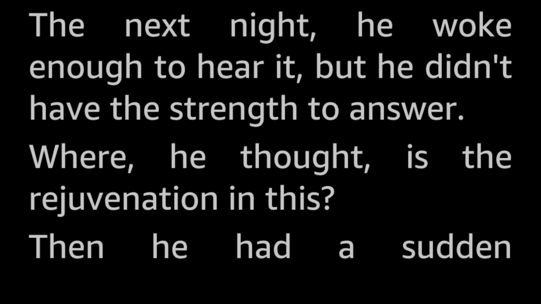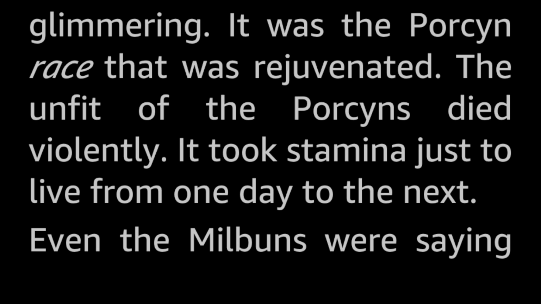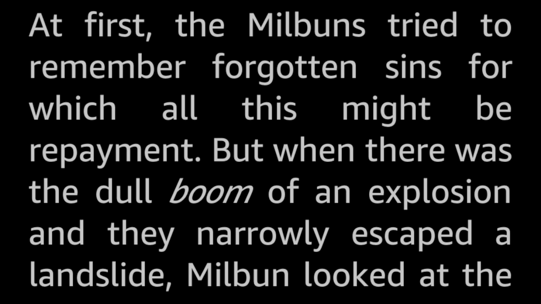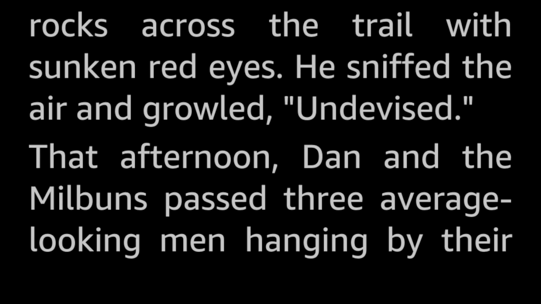Where, he thought, is the rejuvenation in this? Then he had a sudden glimmering. It was the Porcyn race that was rejuvenated. The unfit of the Porcyons died violently. It took stamina just to live from one day to the next. Even the Milburns were saying that this was the worst vacation ever. Trails slid out from under them, trees fell toward them, boulders bounded down steep slopes at them. At first, the Milburns tried to remember forgotten sins for which all this might be repayment. But when there was the dull boom of an explosion, and they narrowly escaped a landslide, Milburn looked at the rocks across the trail with sunken red eyes. He sniffed the air and growled,